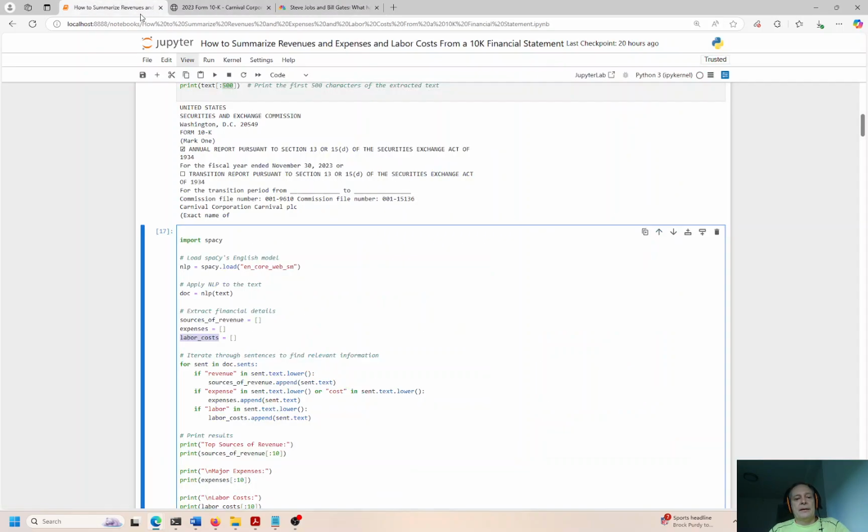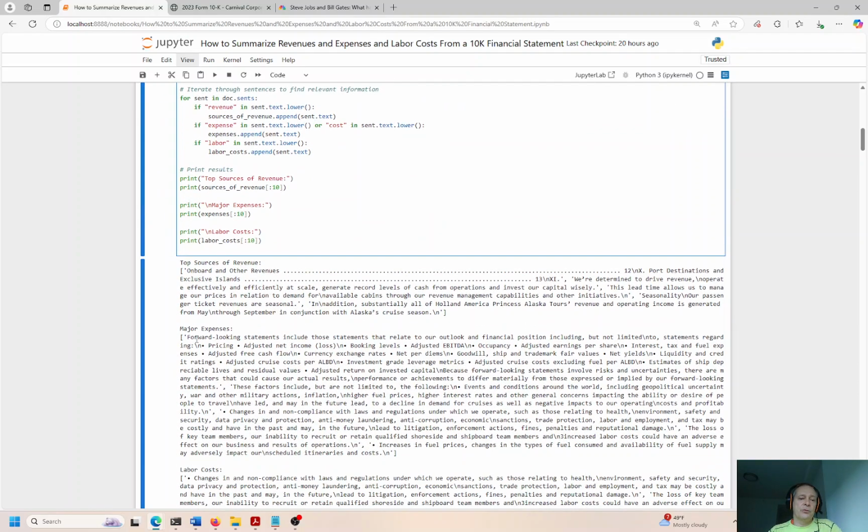So anyway, why are we going off on a tangent? I'm not too sure, but we're trying to understand the sources of revenue, overall expenses, and labor costs. I'm not going to run the code, but you can see the last time I ran this, it's just too slow to run it. So, top sources of revenue,